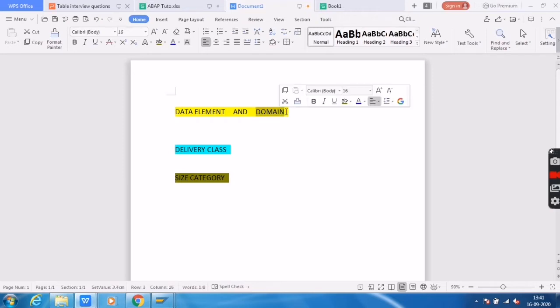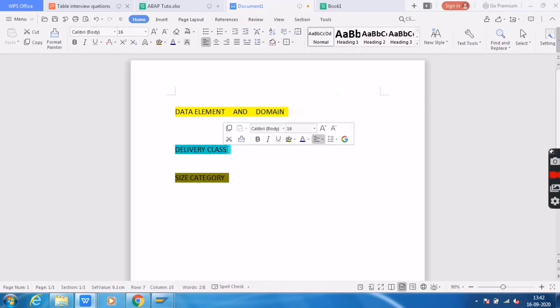Meaning field length and the field format. This kind of information the domain will provide. Then delivery class. Delivery class specifies what kind of data we are storing, whether it is master data, transactional data, or system data. This kind of information will be provided